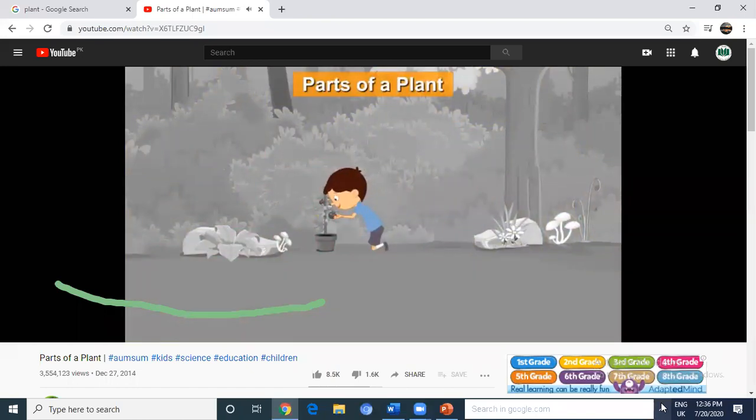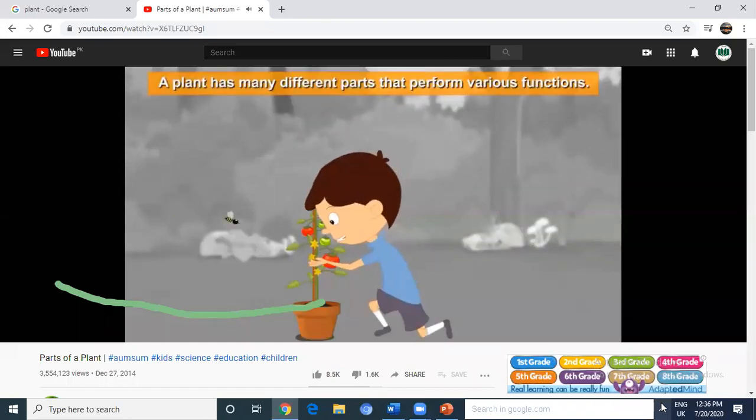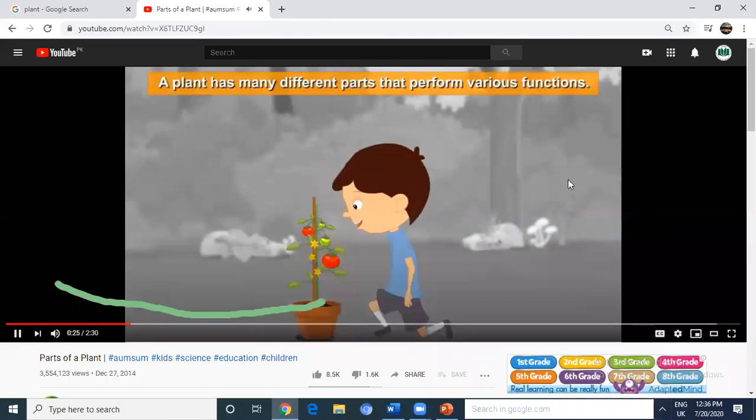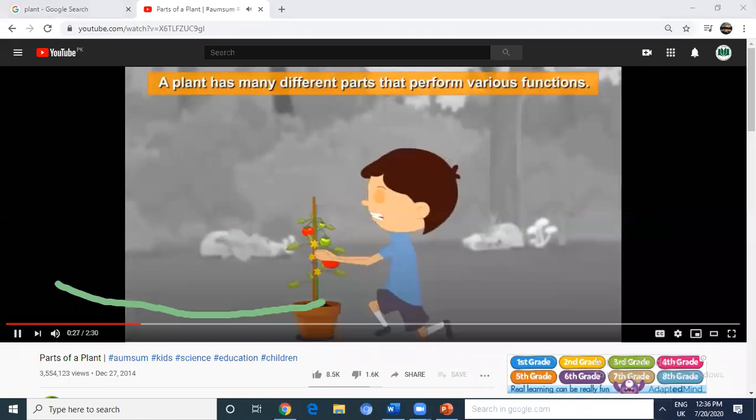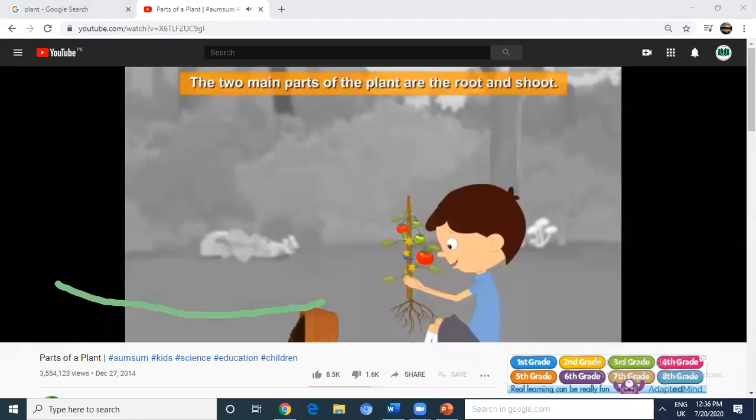Our topic for today is parts of a plant. A plant has many different parts that perform various functions. The two main parts of the plant are the root and shoot. Root usually grows under the ground